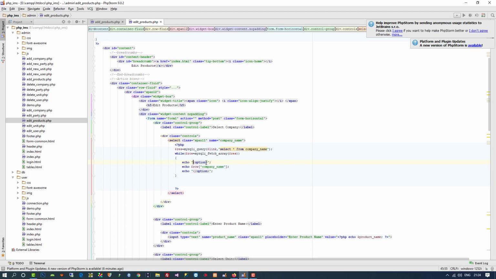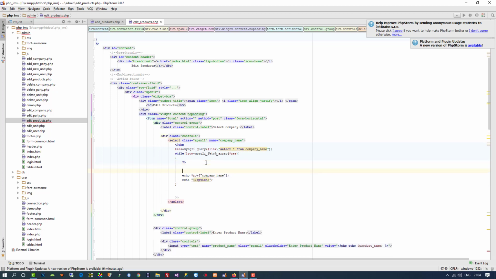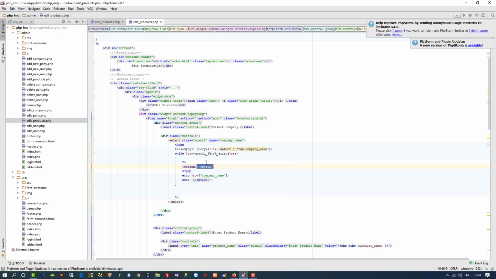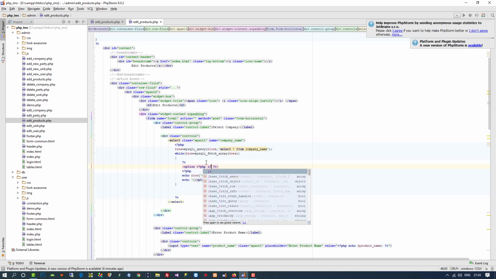So to write a condition, I am going to show you one better option. I am going to complete PHP, start PHP, and between these I am going to write the normal option. This is the same as whatever we are writing inside echo, but here it is good for writing a condition. So here I am going to write if